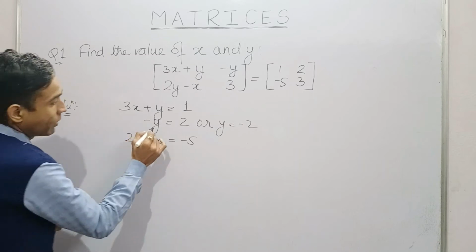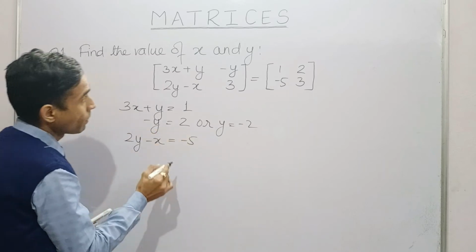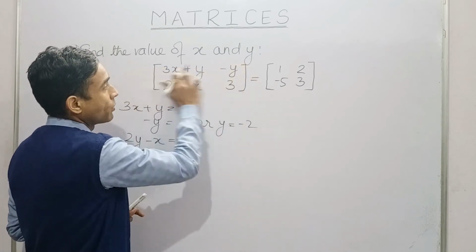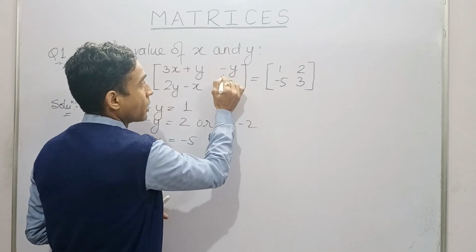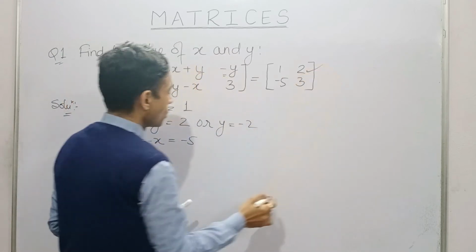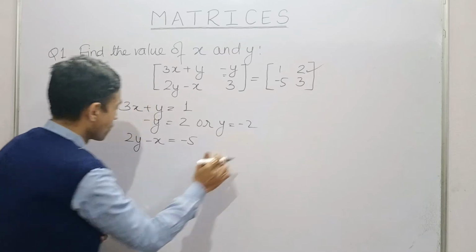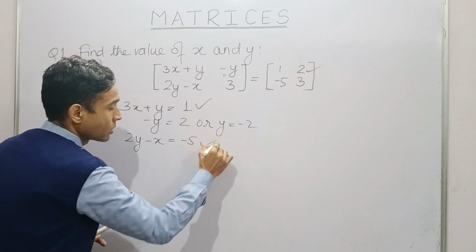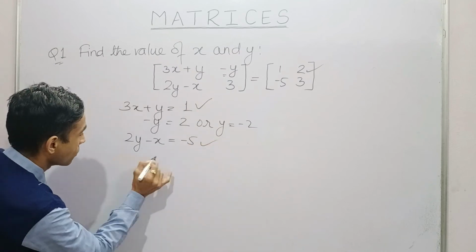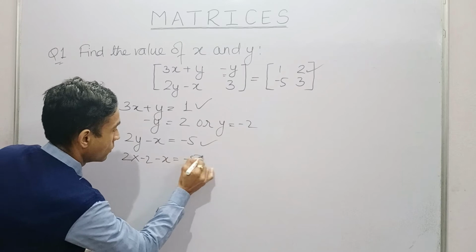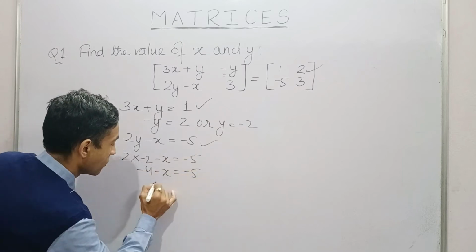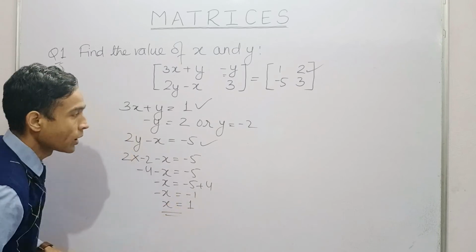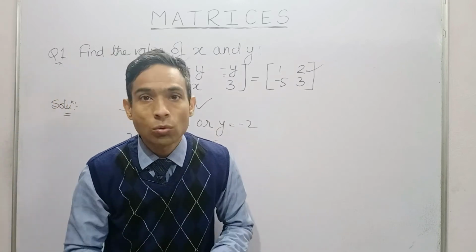So here when we equate, minus y is equal to 2. Minus y here is the element which is in the first row and second column, and this could be equated with 2. So the value of y is coming minus 2. If I put the value of minus 2 in either equation, this or this, we can get the value of x. So let's do this. So the value of x is 1 and y is minus 2. Let's do our next question.